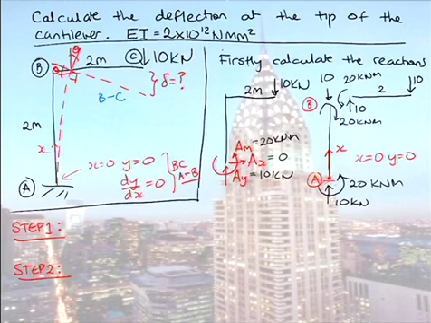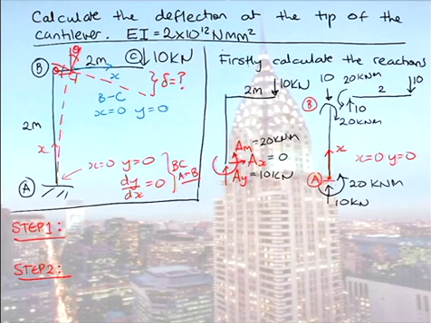This corner is moving, but it's not actually moving downwards very much at all. The amount it moves downwards is the amount the column is squashing, and the column is hardly squashing at all. So we could say this time round, X is that way. So when X is 0, Y is 0. At the tip, when X is 2, we don't know what Y is, we don't know what the slope is